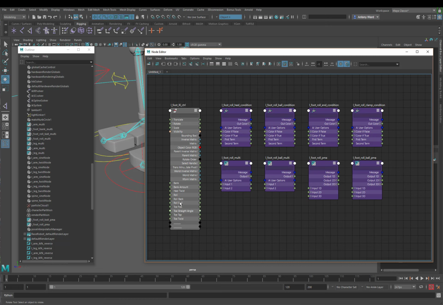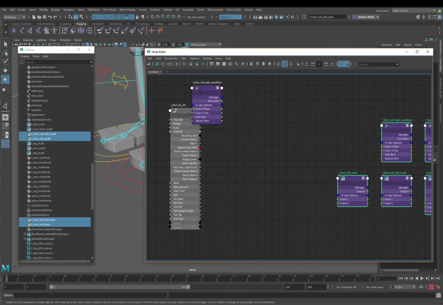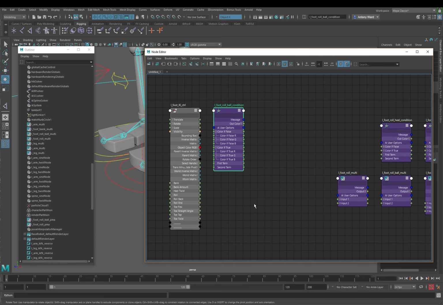So we want the roll attribute, and we want to connect that to the foot roll ball condition. So let's move that over there. Let's move these out of the way for now, because we don't need them at this moment. So we want the roll attribute connected to color if false R, first term